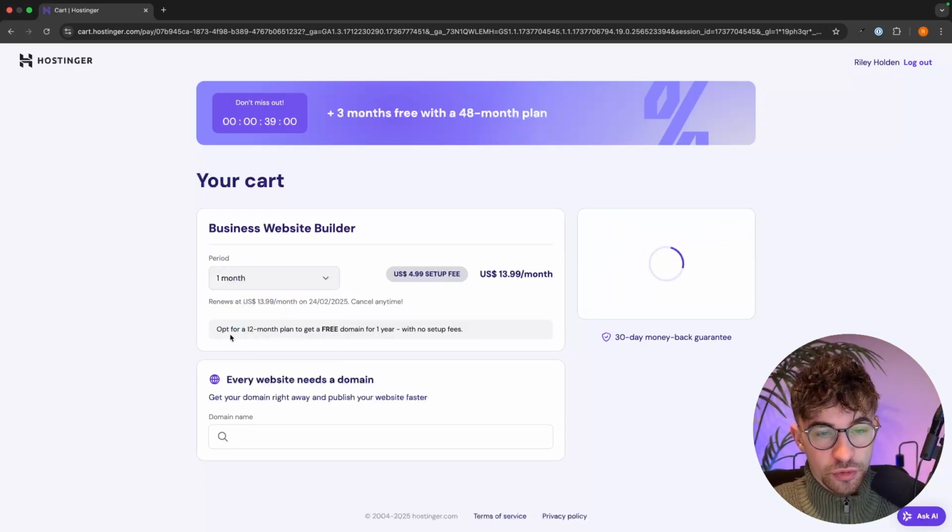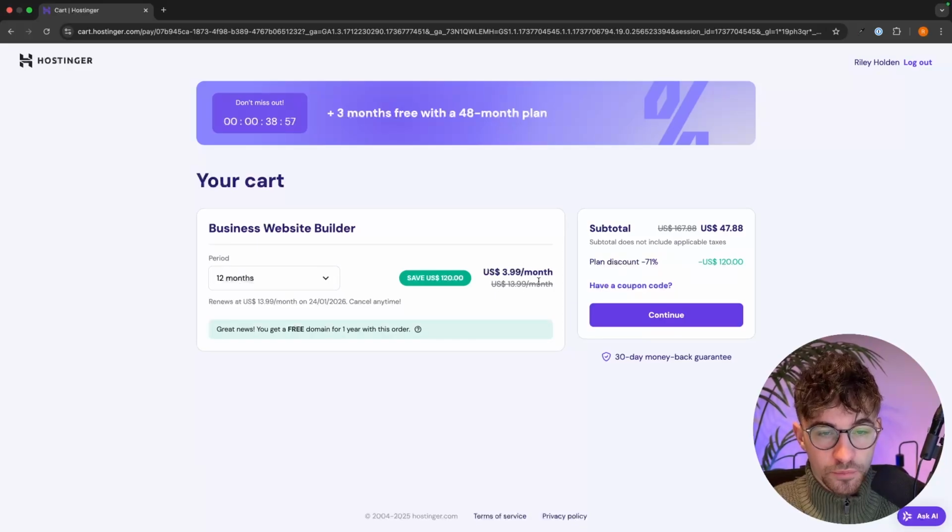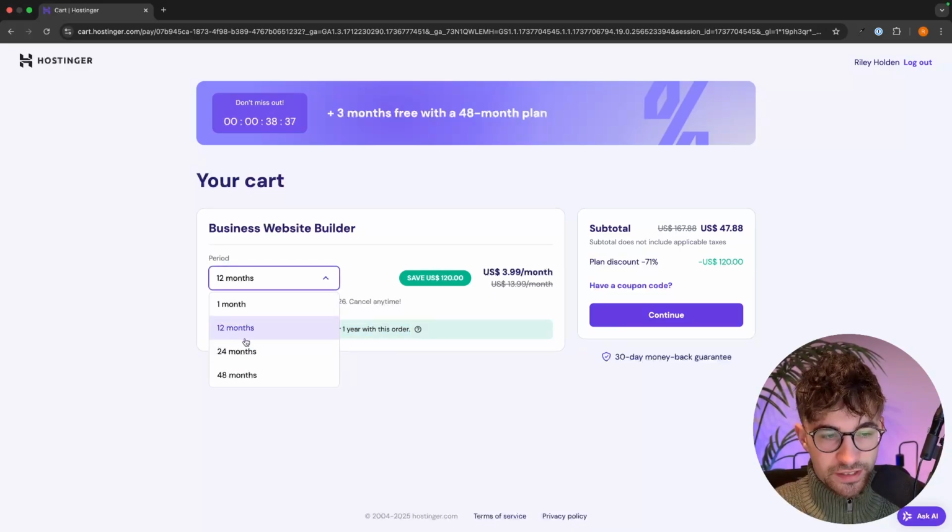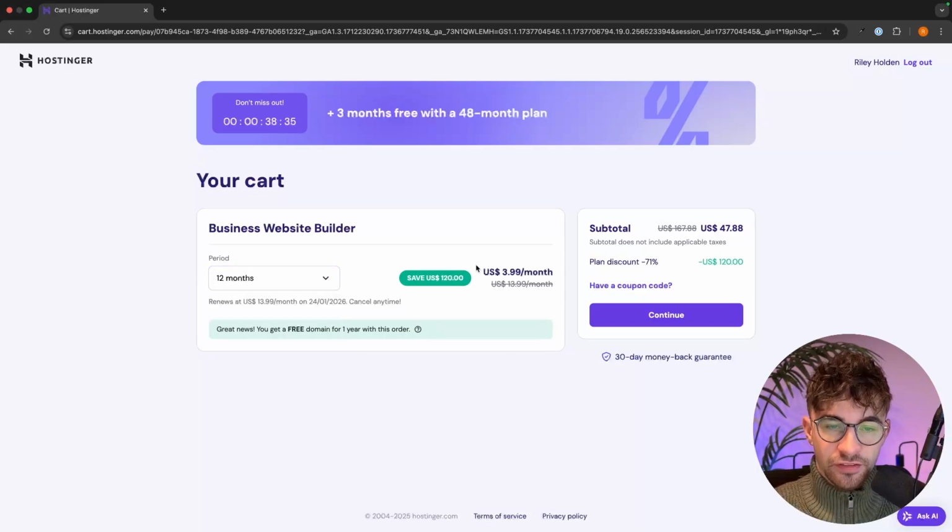Now, even if we go to the yearly plan right here, the price is going to drop dramatically. We claim this 71% discount right here. We get a free domain included with this. The only difference between these plans right here, like the 1, 2, and 4 year plan, is essentially because we pay for this upfront right here. So if I go for 12 months, I pay for this upfront, and I lock in the average price of $3.99 per month. Now, at the end of the year, so right now is January 2025, when this expires in 1 year's time, it's then going to switch me over to monthly billing, and it's going to charge me $14